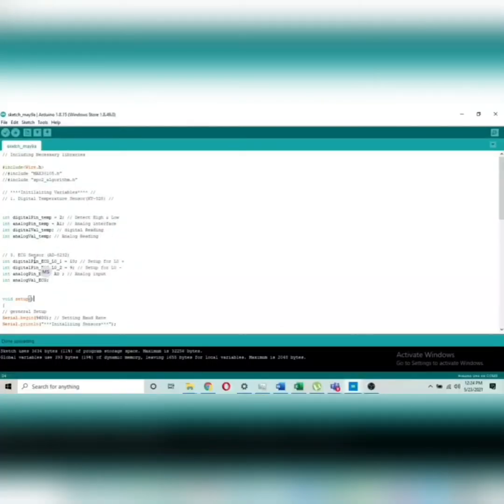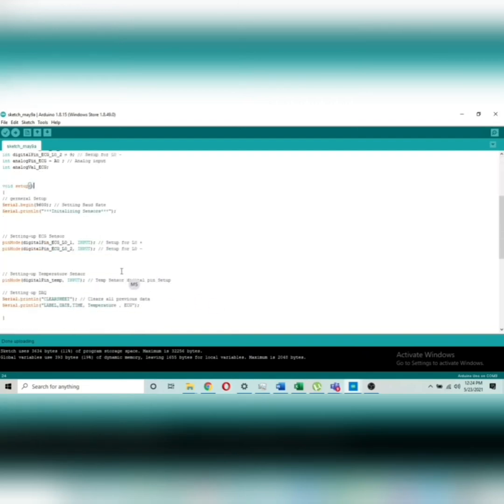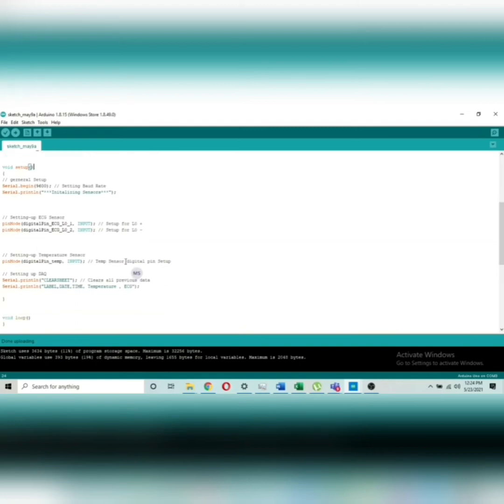The code here being displayed is of the digital temperature sensor. We have used KY028, and secondly we have used the ECG sensor AD-A232. We have used digital pin 10 and 9 and A0 as input. The A0 is a common pin, and pin number 10 is connected on the right side of the heart and pin number 9 on the left side of the heart. These two sensors work on 9600 baud rate. These two inputs are from the ECG sensor, pin number 10 and 9.